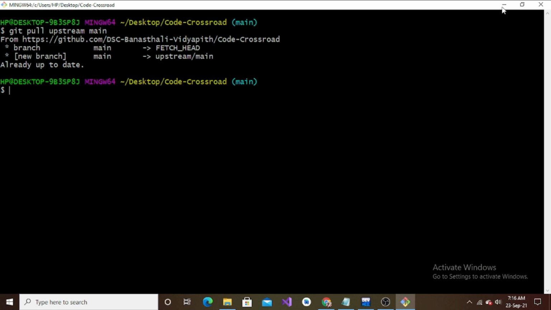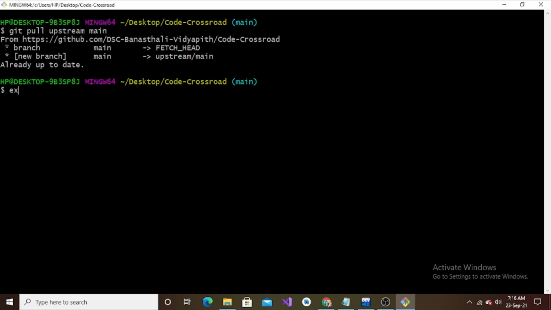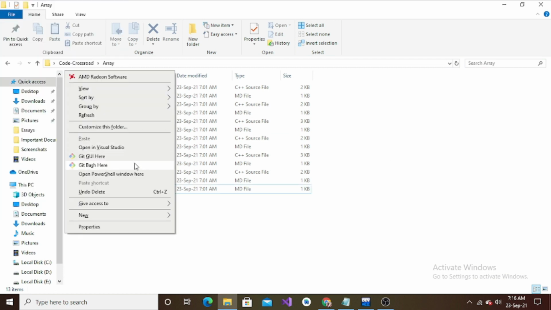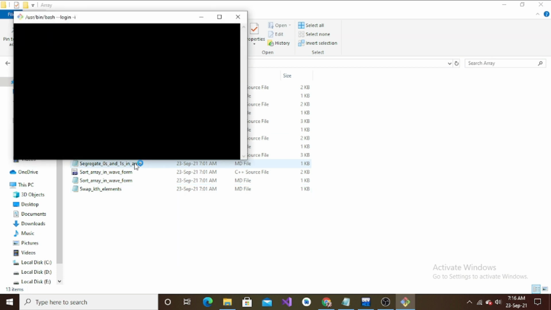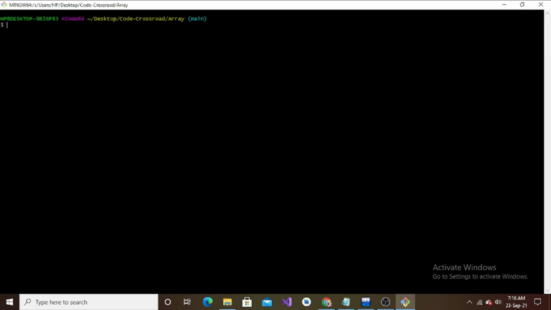So what I'm going to do is that I want to come inside the array folder as well, right? So I'll exit from over here, right? And now over here I'll do git bash here, okay, in the array folder. Okay, let me increase the font size.